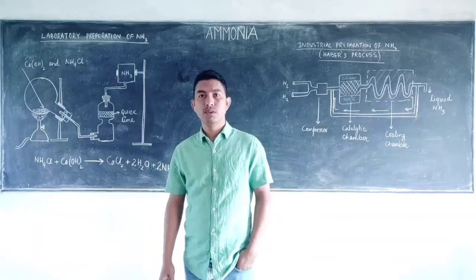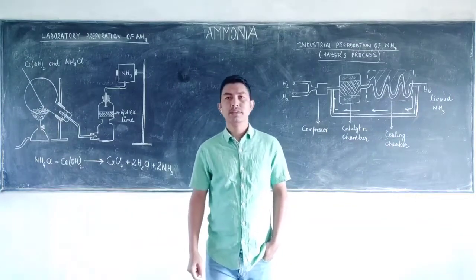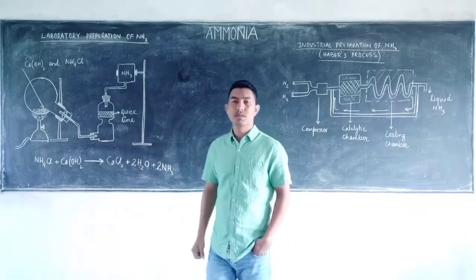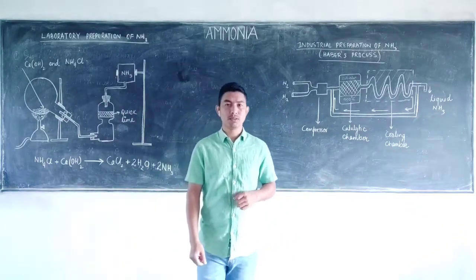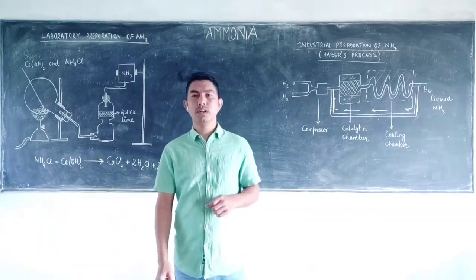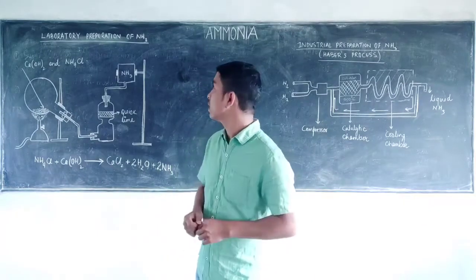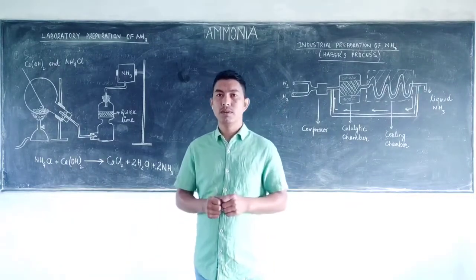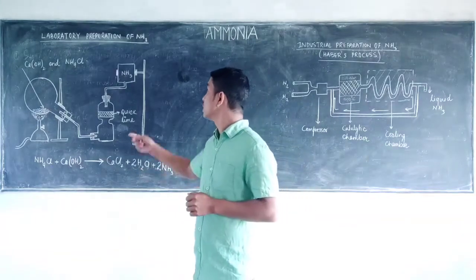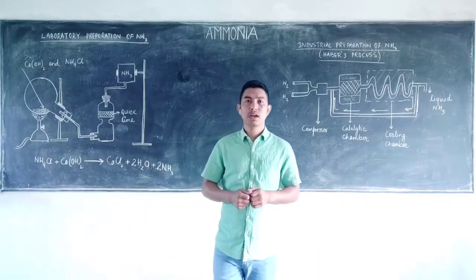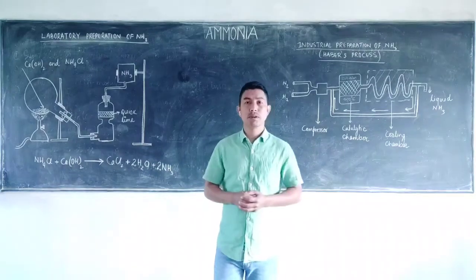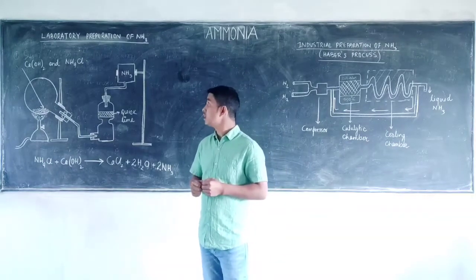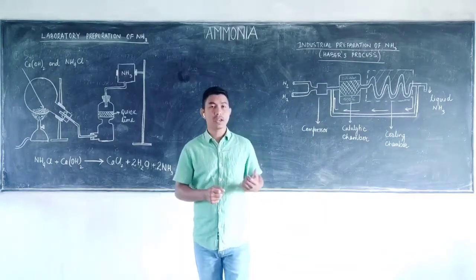So today, in this video, we'll be learning about the ninth chapter of your chemistry textbook, that is the chapter Ammonia. Okay, so this also comes under the topic, the study of the compounds. In the previous video, we have studied about the hydrogen chloride gas, and in this video, we'll be discussing ammonia. In the reduced syllabus, mostly we have the topic related to the laboratory preparation of ammonia and the industrial preparation of ammonia, which is known as Haber's process. So in this video, we'll be studying in detail about the laboratory preparation of ammonia as well as the